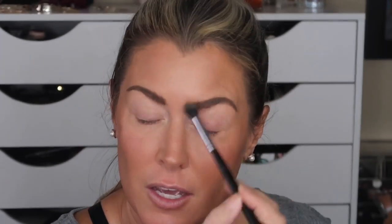So I don't have a symmetrical face, so I'm just all over the place. I think what I'll do is I'll just use my Milani. This is a darker one, it's number 5. This is what I have on my face, and I'm hoping...